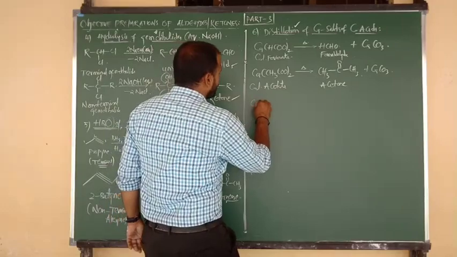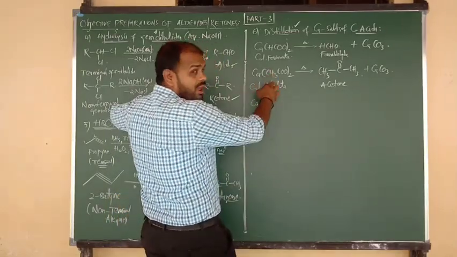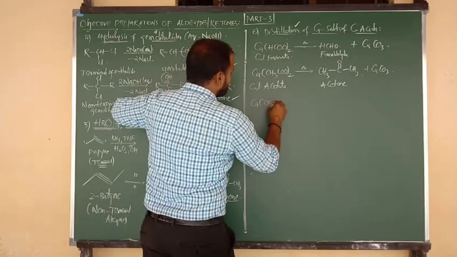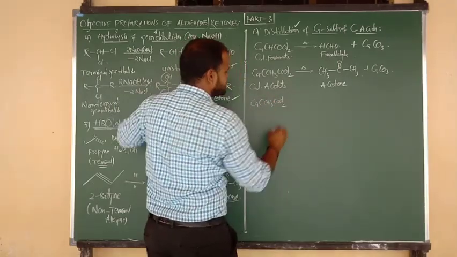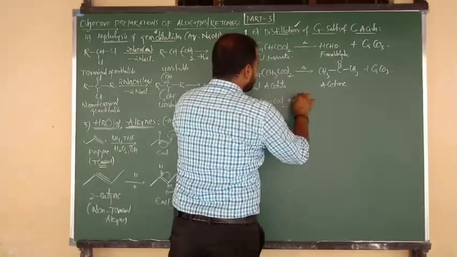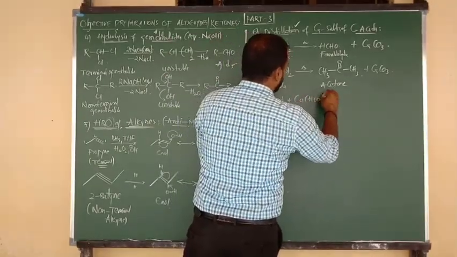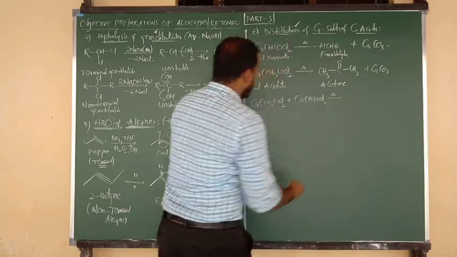Good. One more. Now I am going to consider 1 mole of calcium acetate and 1 mole of calcium formate. Ca(CH3COO)2, calcium acetate, plus the mixture of calcium formate, Ca(HCOO)2. So calcium acetate